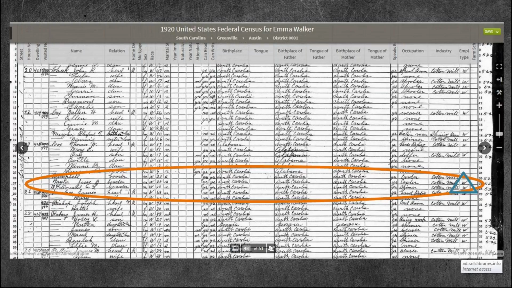In the 1920 census, he's living in South Carolina, which was a bit of a stretch to find, and it was hard to locate because he's listed as A.L. McDonald. He's not listed as Angus. What we found when we were looking for records for McDonald is that in this case and in the state website case, they spaced McDonald. So it was M-C space D-O-N-A-L-D.